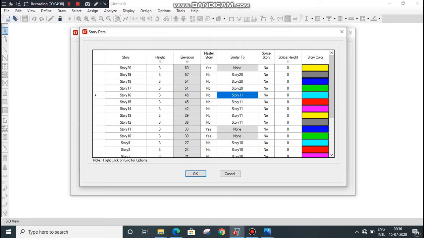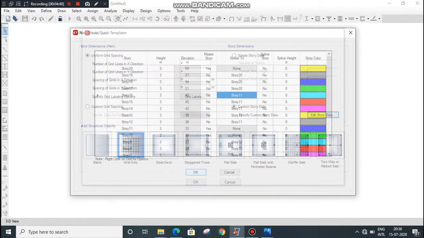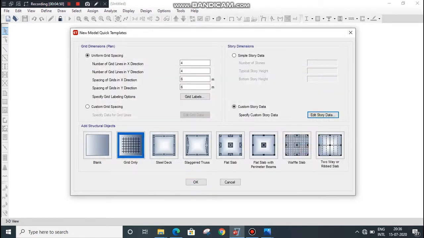Stories from 17 to 20 are all similar, therefore story 20 as a master story, and stories 17, 18, 19 are similar to story number 20. Click on OK. Again make sure add structural objects should be grid only.